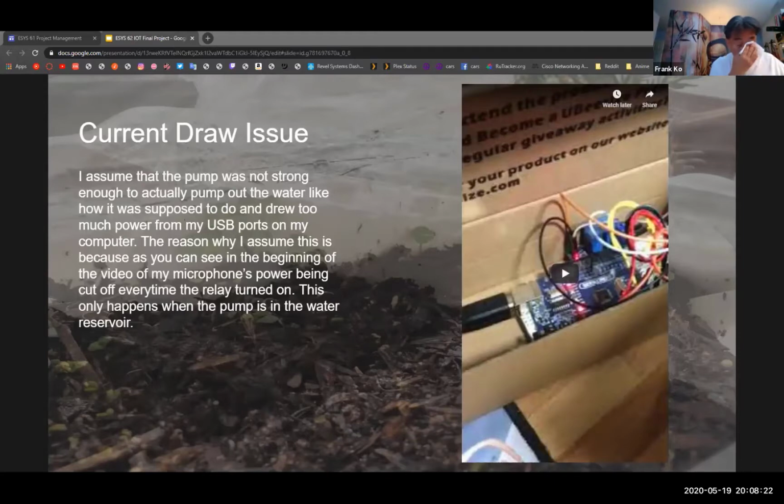And clearly, as these light bulbs are 120 volt light bulbs, they clearly were not powered by the PLC, because the PLC is 24 volts DC. So